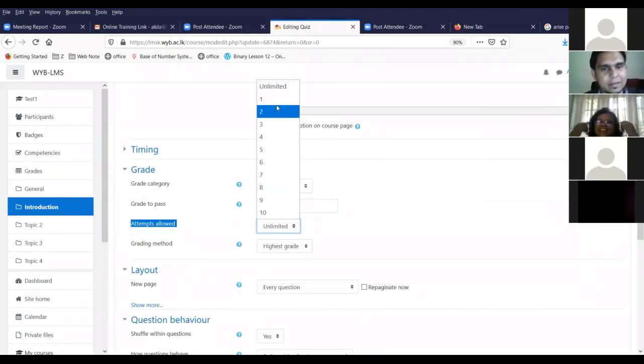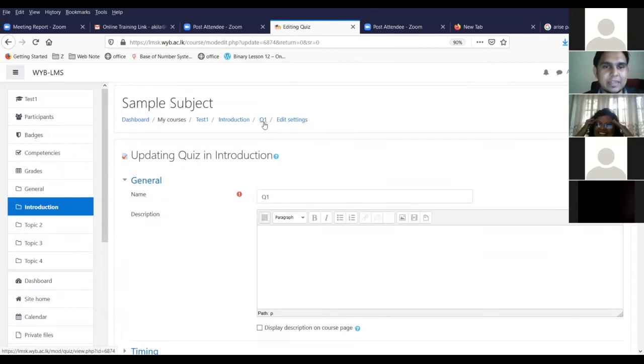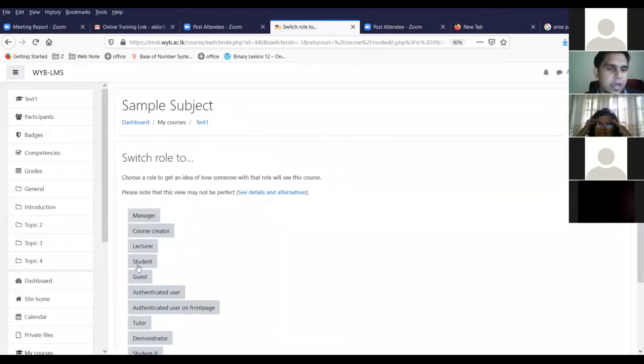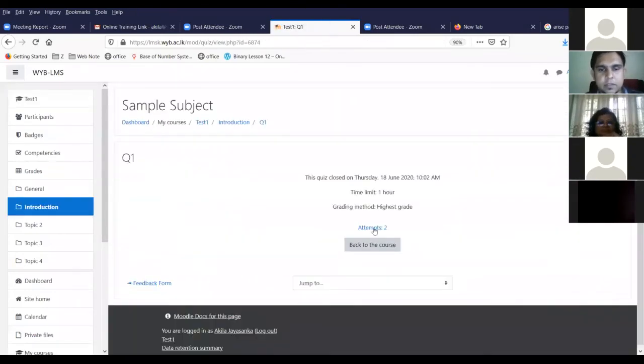Right. Okay. The other one, actually, we also do not have a chance to see the view of the students side to check our things. Yeah. There is a way, madam. But what you can do here, when you go here, you can switch role and select student. So then your role will be the student, and the student view will be shown to you, madam. Right. Okay. Switch role. Right. And the last thing, when you're going to grade this quiz, you can see the attempts here.